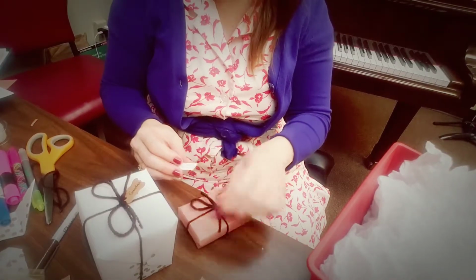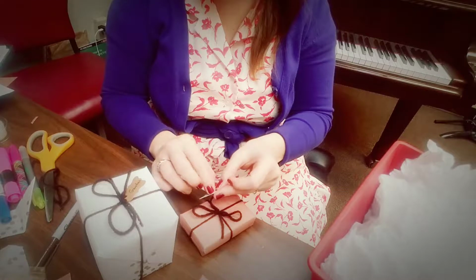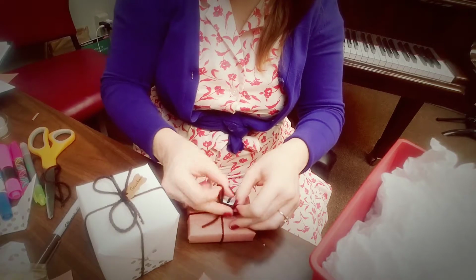These holes are really small, so the yarn doesn't necessarily fit through in the best way, but that's okay. And one little important thing to do is to double knot the bow, because if you don't double knot the bow,